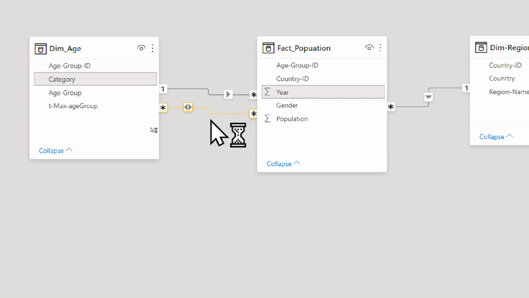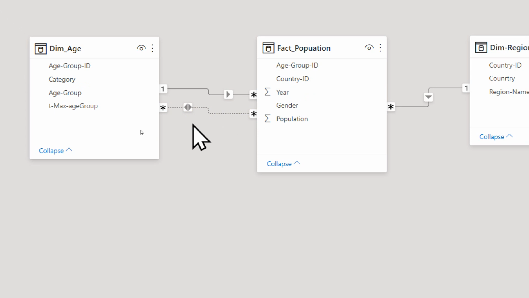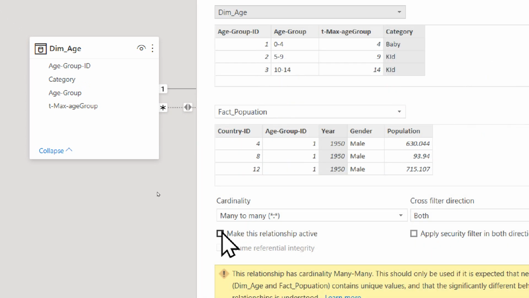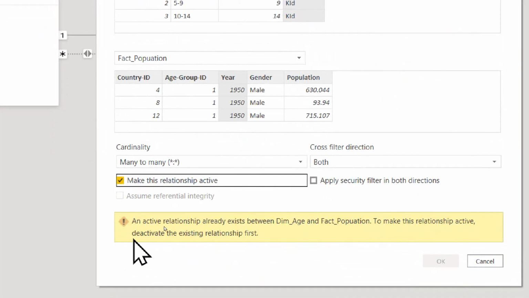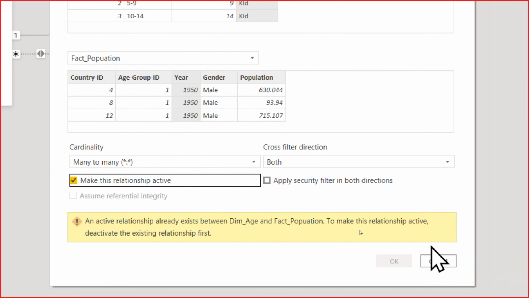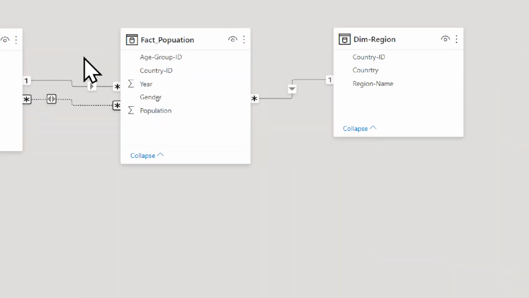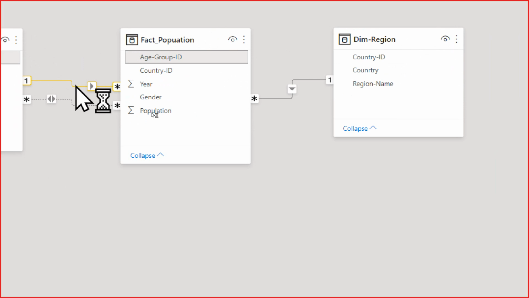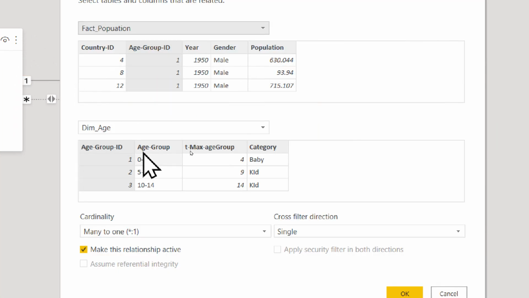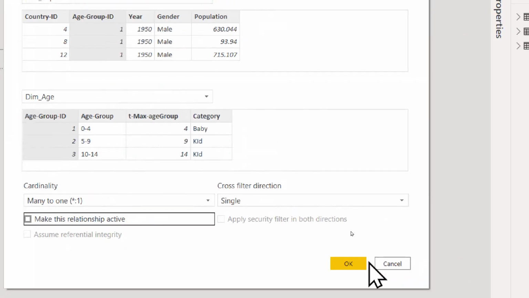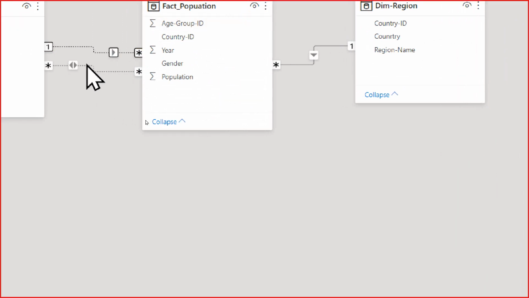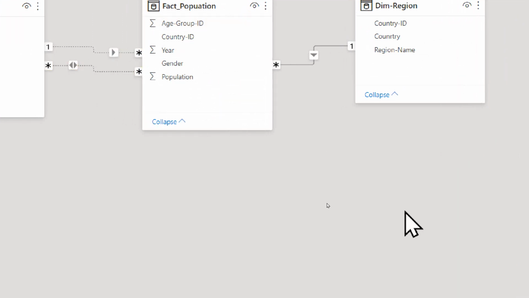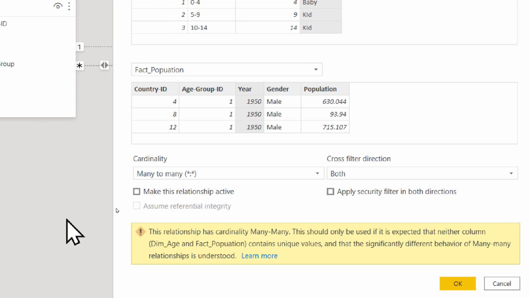So I can go back, double click, and make this an active relationship, and if I click the other one, I cannot click OK because the other one will get deactivated. That's what it's saying. But before that, I need to make that relationship inactive. See, I have to make it inactive. If I click OK, you will come to know it will become inactive now. See, this also became that. Now I can go back. This is just for testing purposes. It works.